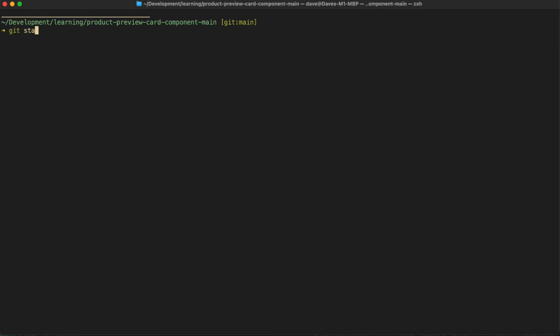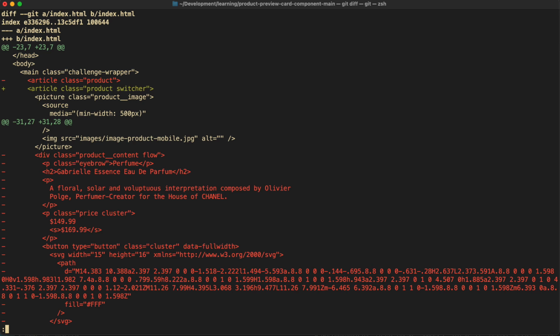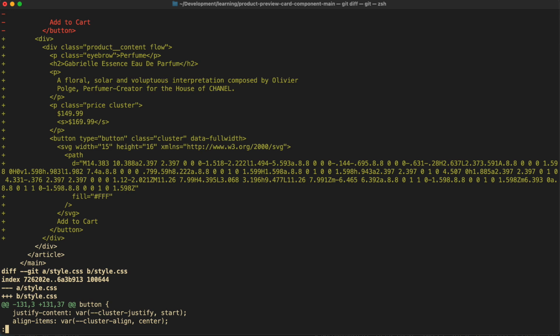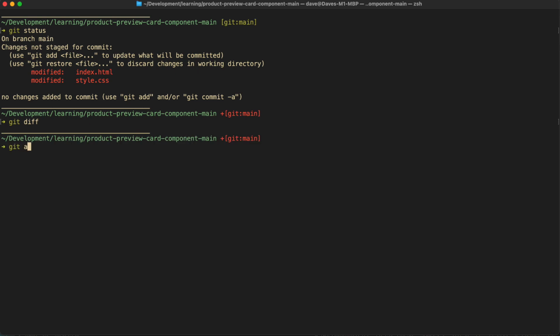Git status. Come on. There it is. Git diff. I have no idea what it is doing here. This is sometimes Git just does weird things with its diff log, but we did add the switcher. We added a bunch of stuff. Looks like I haven't committed in a while. Git add dot, git commit